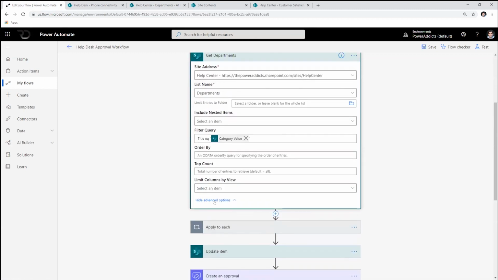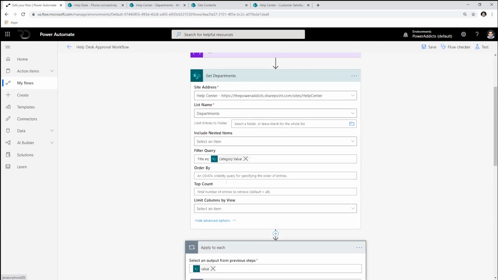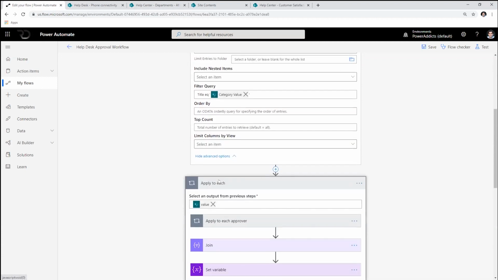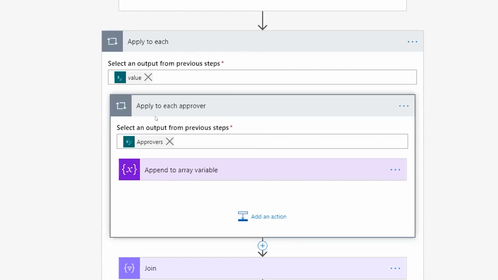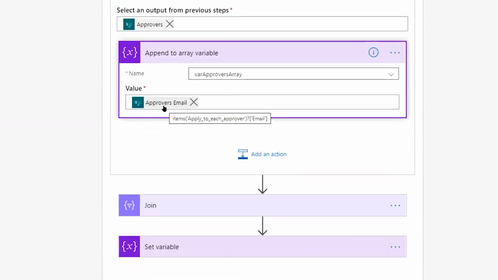Back to my flow. So the next step was, how do I get the email IDs? I am running an apply to each loop for every item that I get as part of this query. Remember, the output of get items is always an array, so I will have to loop through that. Then I am looping through each approver. Why? Because the approval column is multi-select, so even that is an array. As I'm looping through it, I am going through and grabbing what? The email of that approver. Why? Because I need that. And I'm putting that in an array, one by one by one, by using another action called append to array. And I'm just picking the array variable and just putting in the approvers one by one.